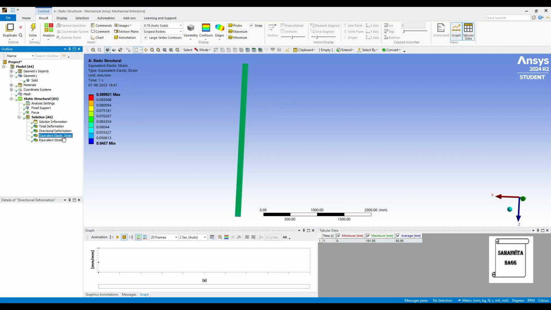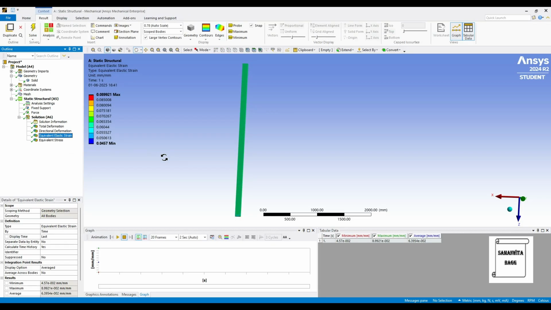You can also see the equivalent strain. It is 0.089, which is maximum. Minimum is 0.0457. If you check the stress, it is 2.248 megapascal. Now this indicates that the stress is low because you have given the yield compressive stress as 30 megapascal and this is just 2.248 megapascal. So it is quite low, which means this 8000 load is not going to be creating too much stress